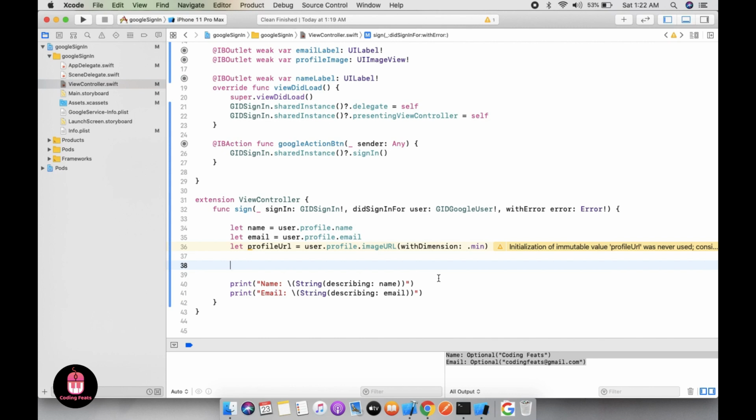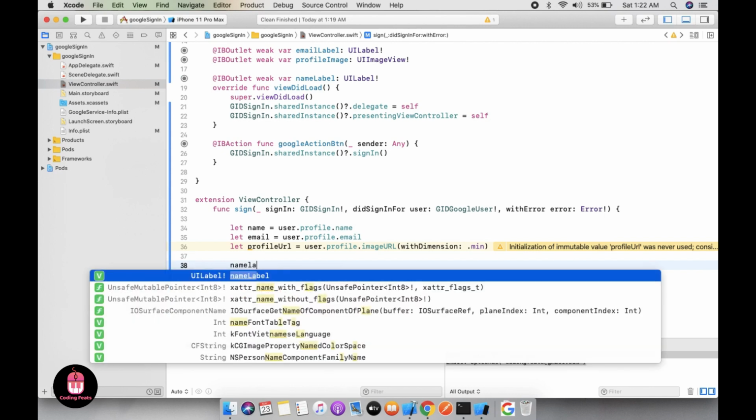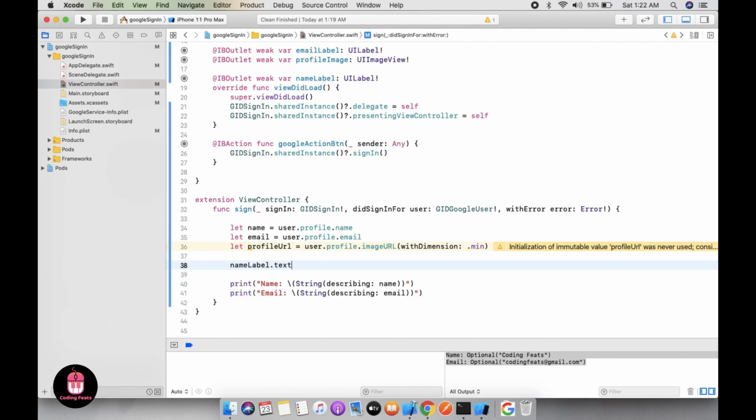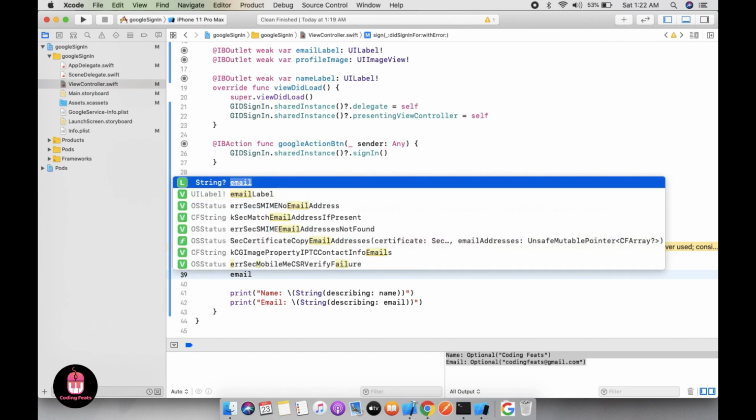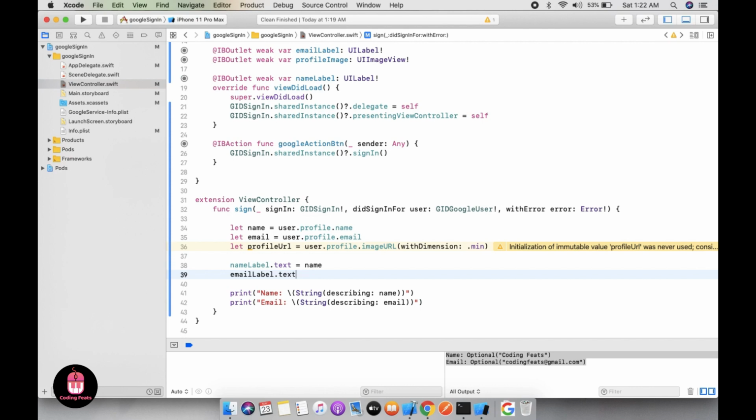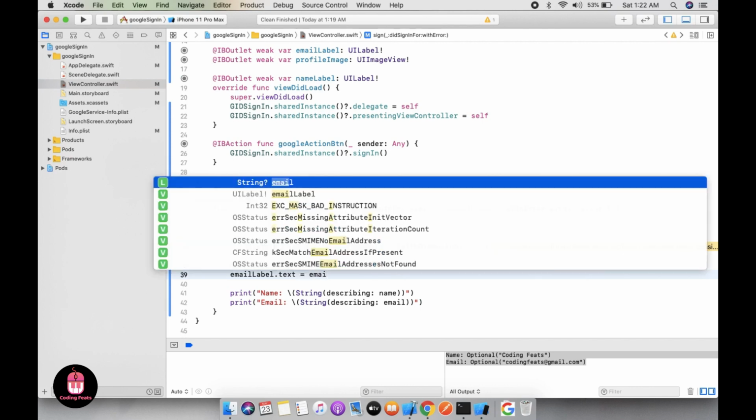So let's create name label dot text equals to name, email label dot text equals to email,